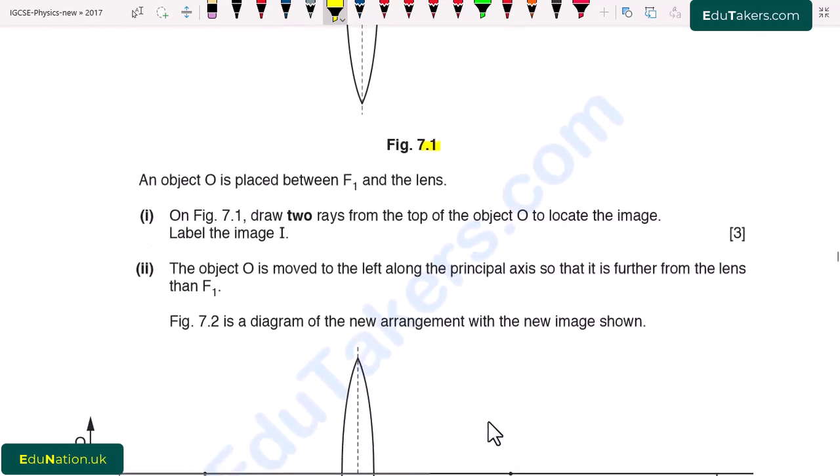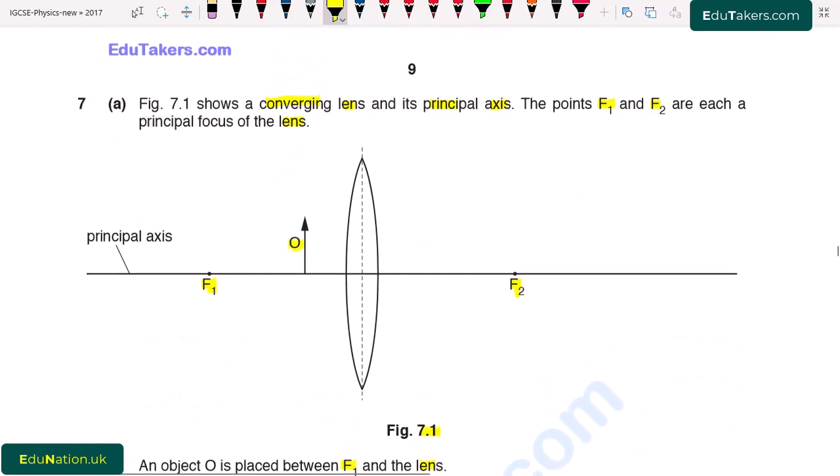An object O is placed between F1 and the lens. Part 1. On figure 7.1, draw 2 rays from the top of object O to locate the image. Label the image I. So going back to the figure, here we have to locate the image I. First of all, we have to draw the rays. The first ray starts parallel to the principal axis, and after refraction by the lens, it passes through the focus point. I write here ray 1